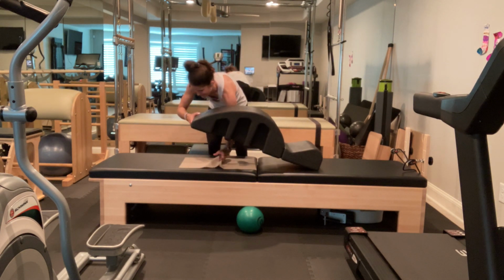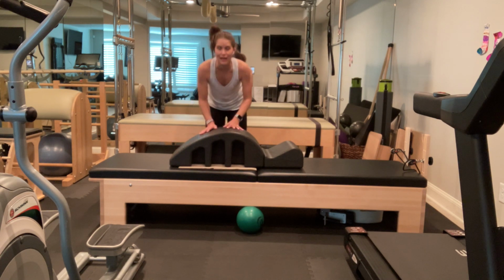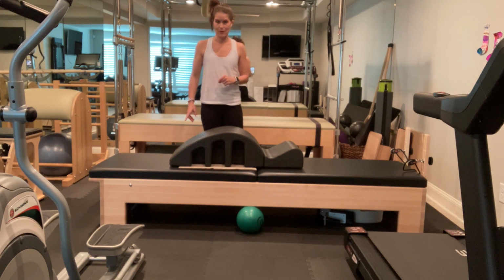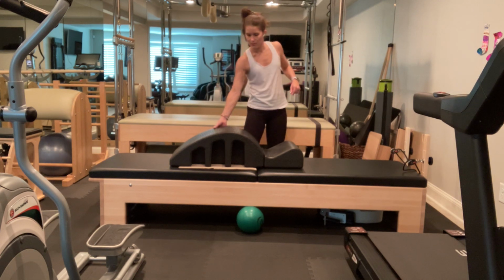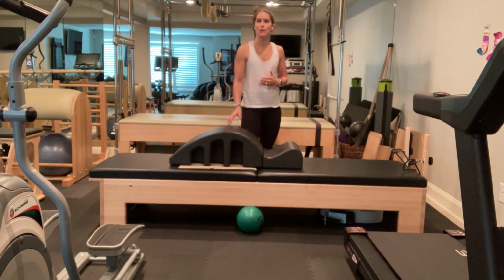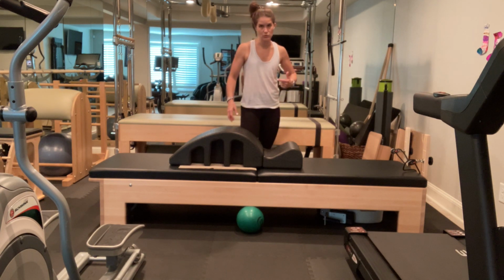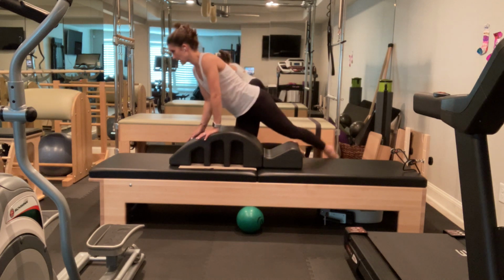To wherever you need to. Excellent. I'm going to come lying down so that my hips are on top of the apex. This is one of the parts that we were talking about where, if you would like the towel so that it doesn't hurt your hip bones, you should get it. I'm going to come down,